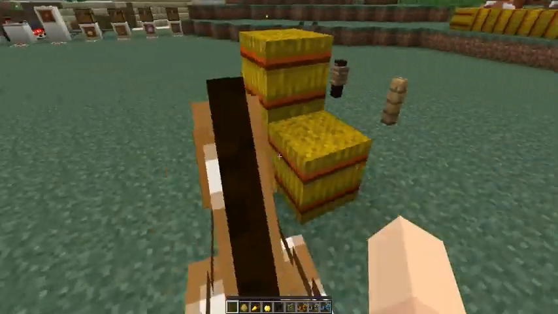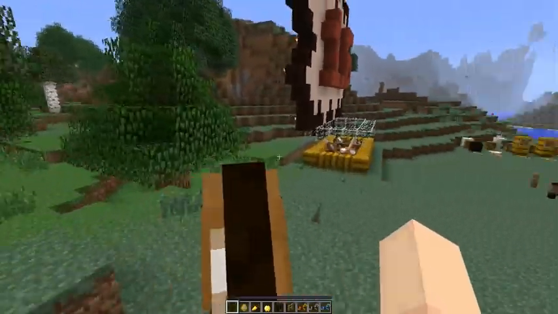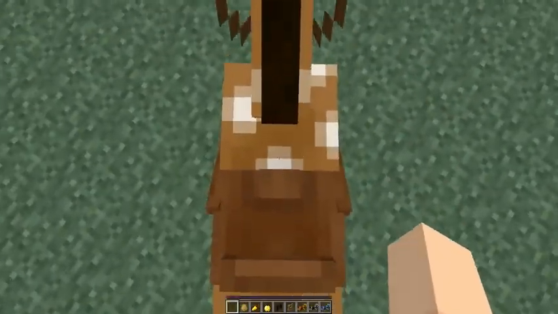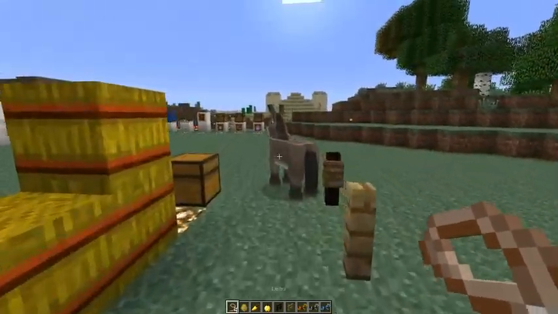So that is really cool. These beasts are really quick. As you can see, I can just run through terrain. So it's amazing. So I'm gonna get off this. And another cool thing about this